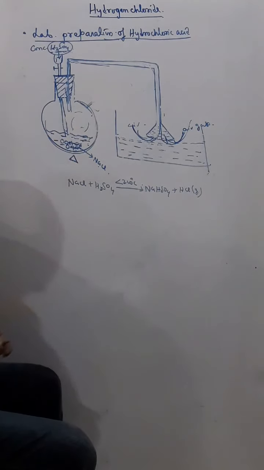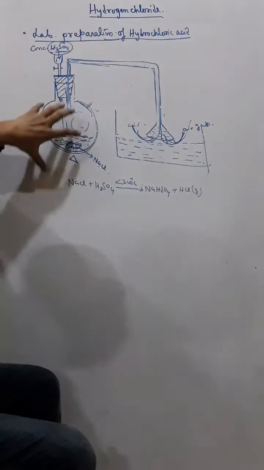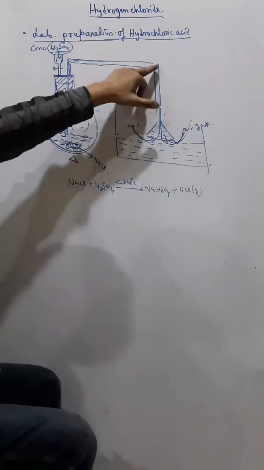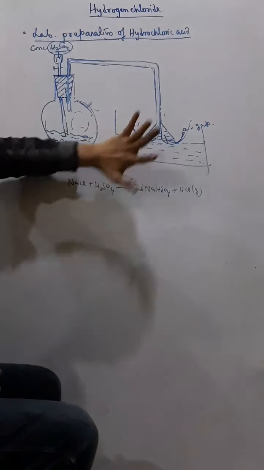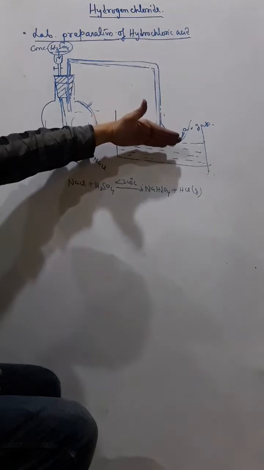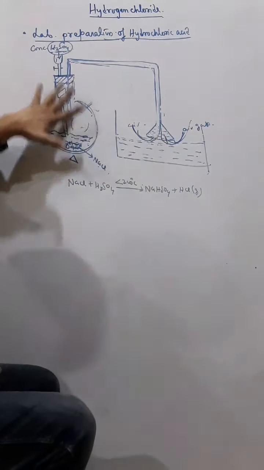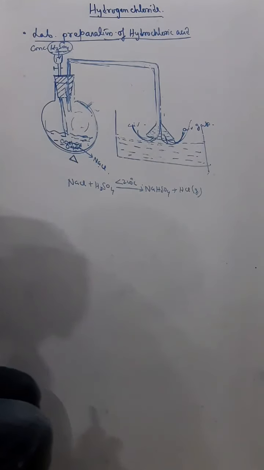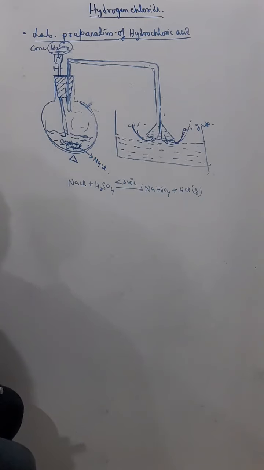So this is the funnel arrangement. So this is how we prepare hydrochloric acid from hydrogen chloride gas. The delivery tube is not directly dipped in water. We just fix a funnel on it and keep the funnel on the surface of the water, and then this back suction is prevented or minimized, and so therefore now there is no chance of any explosions.